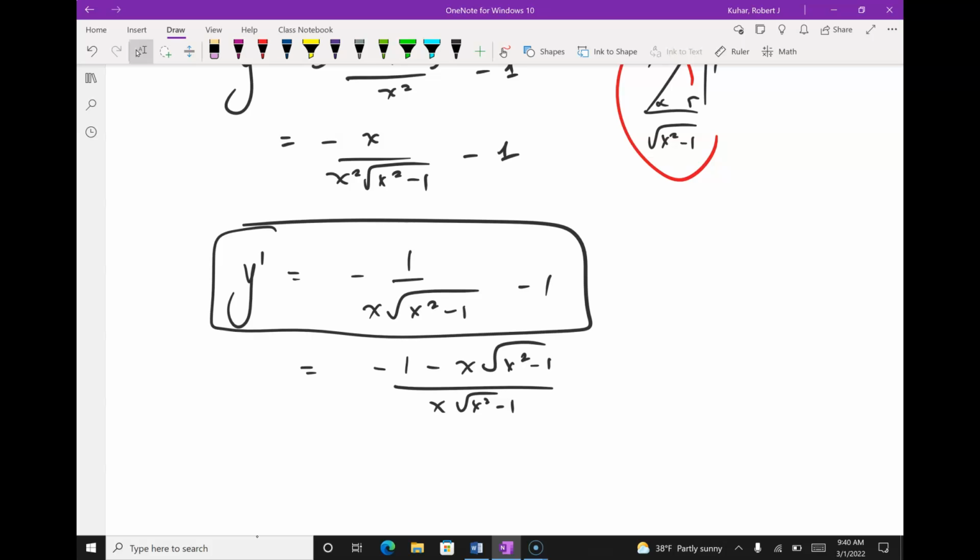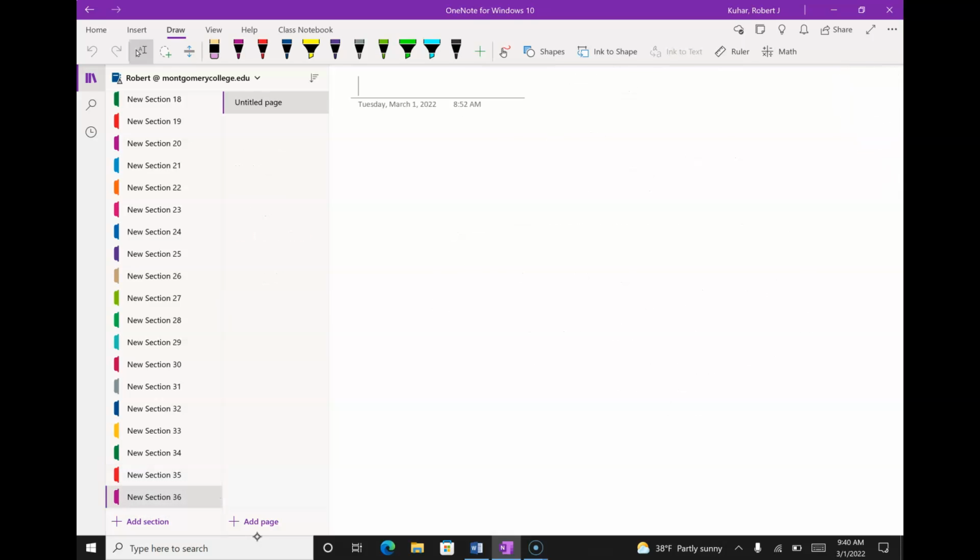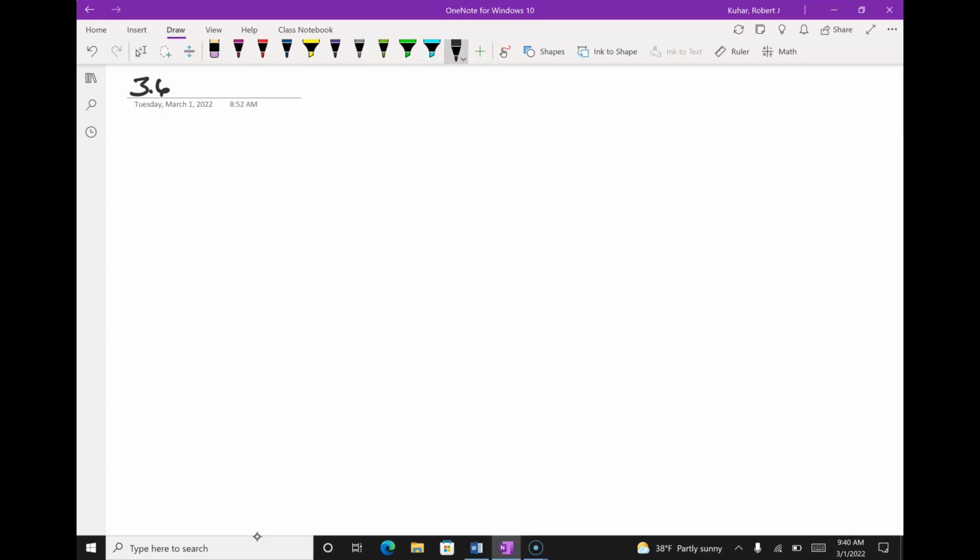Nice. Let's move on to the next section, right? So we're talking about here 3.6, inverse trig derivatives. Well, it turns out, and we're going to restrict our inverse trigs to sine, cosine, and tangent, okay? In fact, if I know sine, I know cosine. So I know